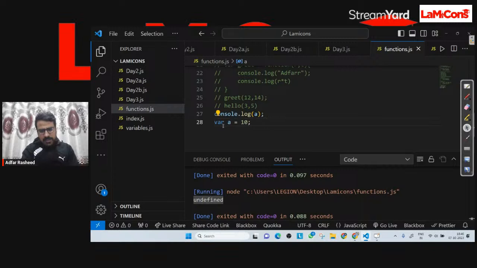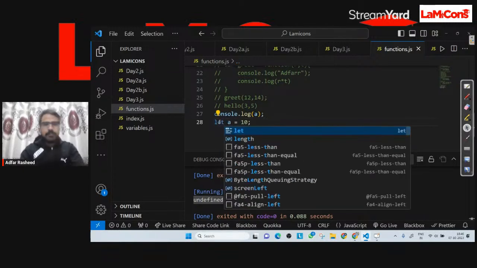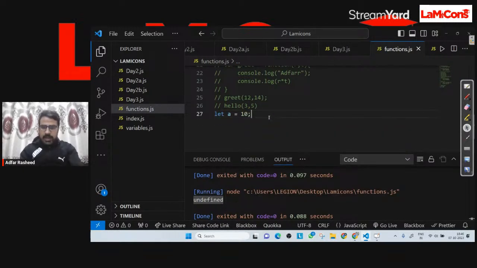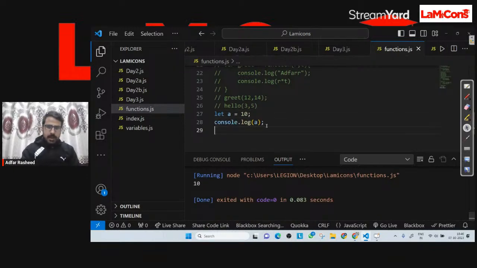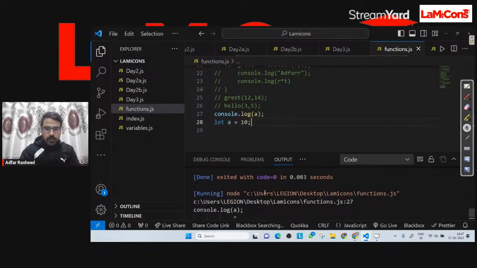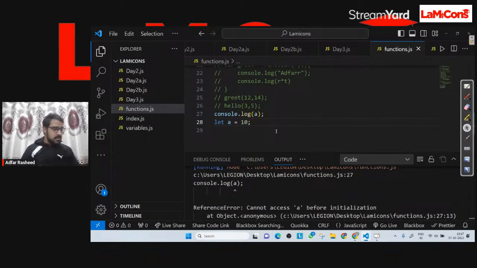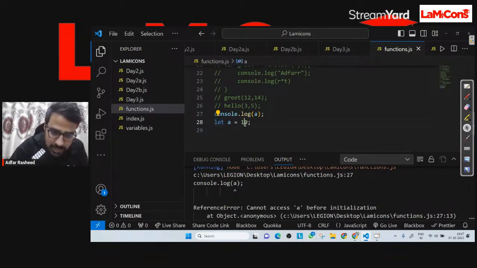Now let's see another difference. Instead of var, I will say let now. Let me cut it out and paste it over here. If I execute it properly, in the output it says 10. But what will happen if I try to access the same variable before declaring it? If I execute it, you will see there's an error, which means the behavior is changing simply by the declaration of the variable. If I use var, I am getting undefined in the output. If I am using let, I am getting an error in the output,